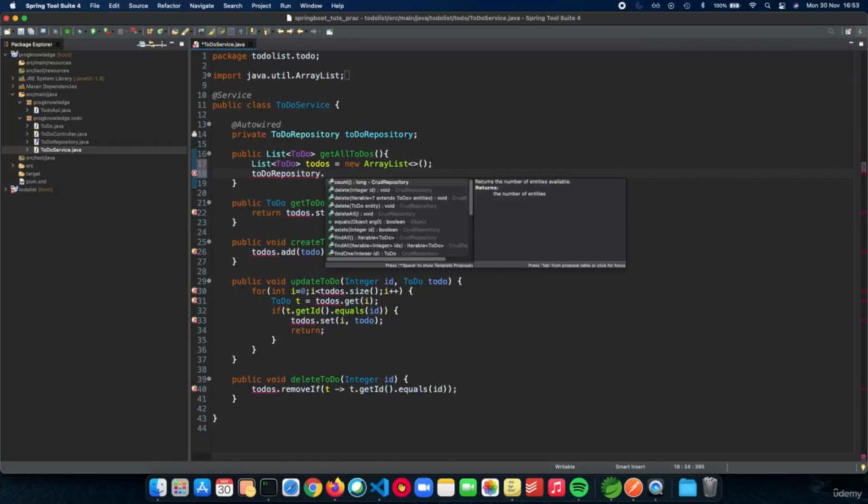dot, and as you can see we have a bunch of methods here. So we have count, delete all, exist, find all. I think find all basically says returns all instances of the type to-do here. So I think find all works the best for our application here. So we'll do find all,